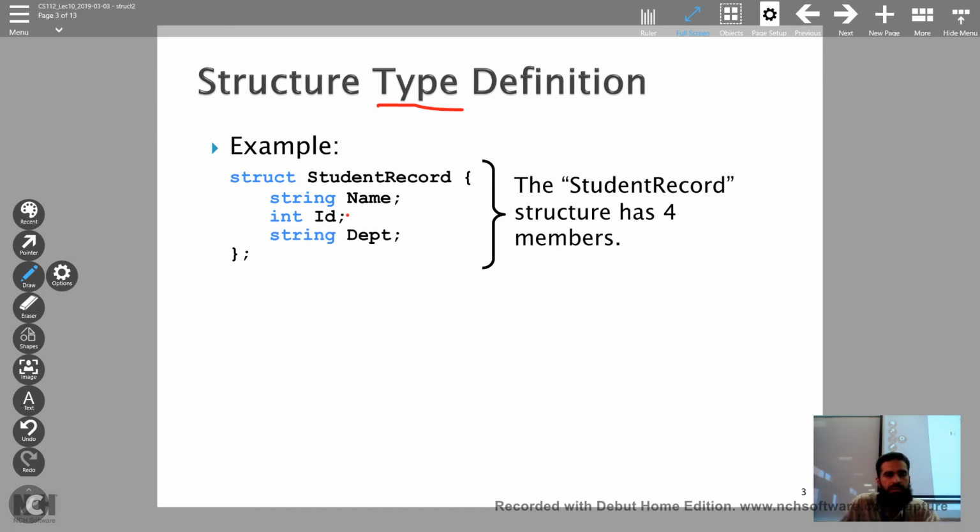It is the programmer who defines those types, so that we are able to use them later on. So it starts with the keyword struct, and then the name of the type, and this is the type we worked with last lecture, student record, and it is composed, it is structured from